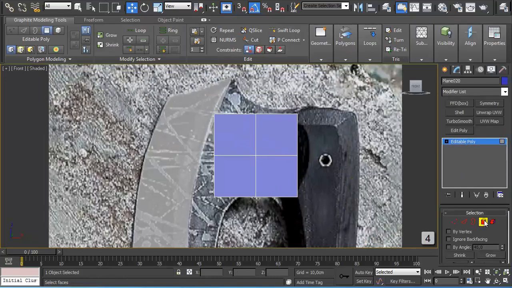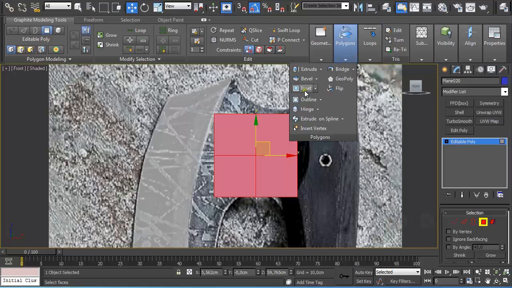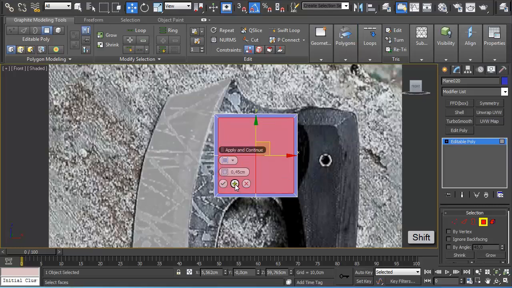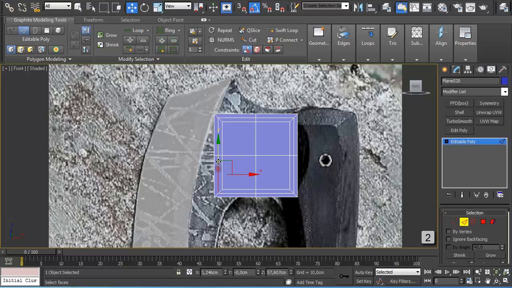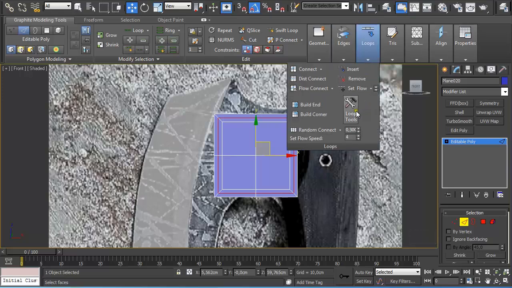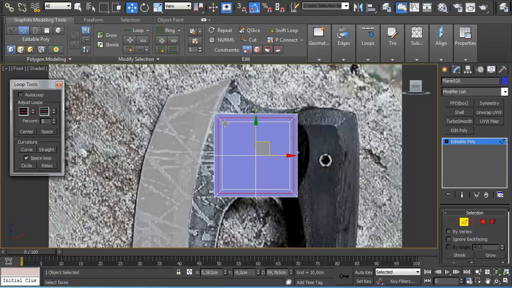Press 4 on the keyboard or go here to polygon selection, Ctrl A to select everything, and under polygons hold shift and click on inset, and inset it twice by pressing apply and continue once, and then click on OK. Press 2 on the keyboard or go to edge selection, select one of these inside looking laying edges, and then just hold shift so it makes a loop selection, and under loops click on loop tools and this window will pop up, and then just while having these edges selected